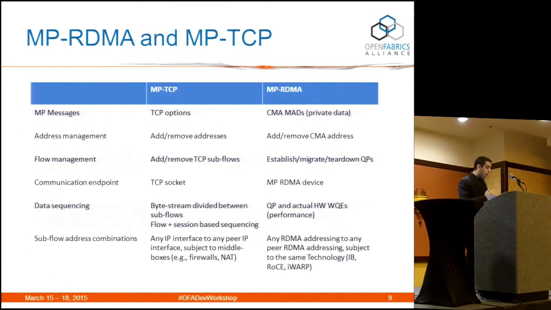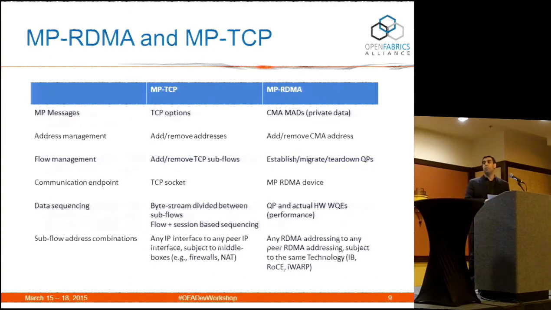Okay, so as I said before, MP-RDMA is being molded by the multipath TCP specification. So there are a lot of similarities between MP-TCP and MP-RDMA. One of them is that all the capability exchange and the addressing exchange of the subflows is done inside the primary flow. With MP-TCP, it's done using TCP options within the TCP header. We are using private MADs in order to understand all the peers' addressing and create some kind of convolution for